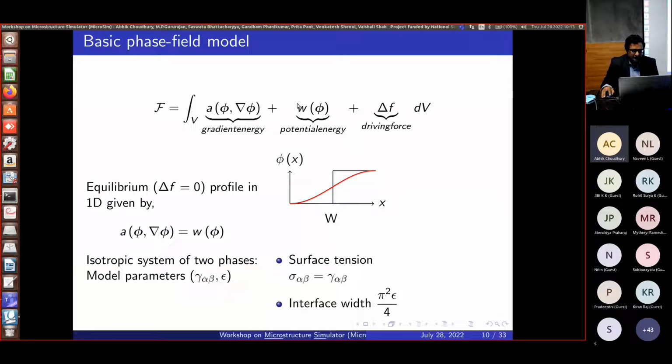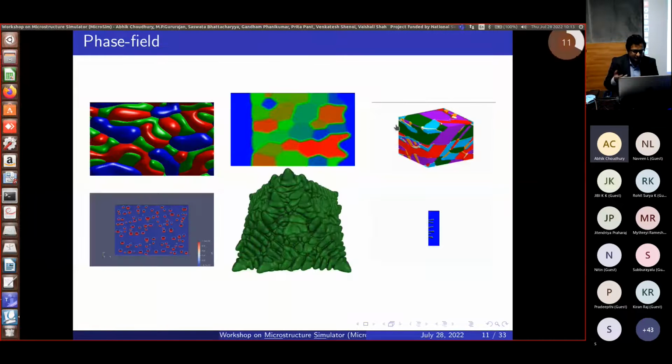Essentially, it means that it controls the interfacial energy of the system, which is one of the principal parameters that phase field automatically takes in implicitly. Okay, and then you want to move this interface with a particular driving force, and that's what is described over here. Okay, so this is what the basic phase field model is, and just to give more supporting information for why phase field is attractive,